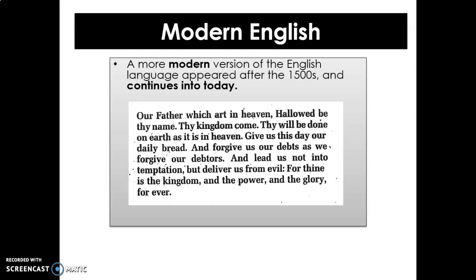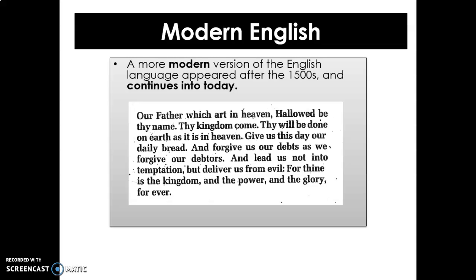Hallowed be thy name, thy kingdom come. Okay, let's deal with the thys in the buildings. All these thys, we have simplified our language. Now, can you think what we would replace thy with? If we were real modern, all the way up to modern, it would become something like your. Our Father, which art in heaven, hallowed be your name, your kingdom come, your will be done. So thy was part of an old pronoun system that we've simplified down. So we only use you or your. In the 1500s, we had much more variation.